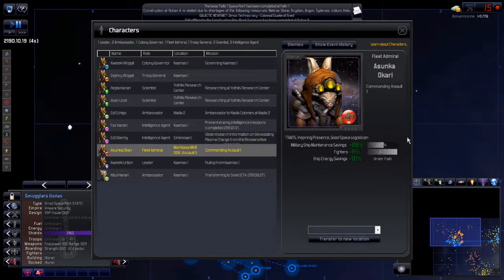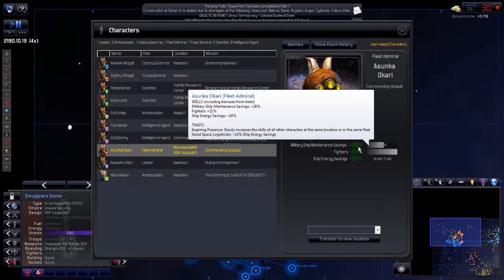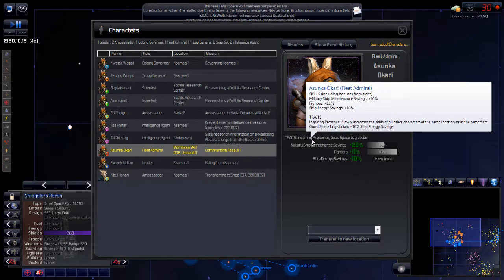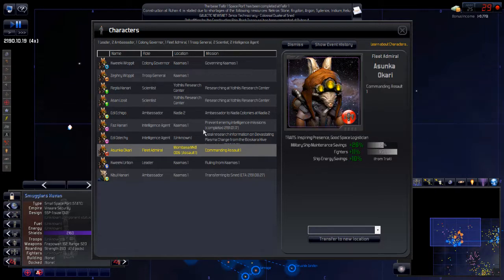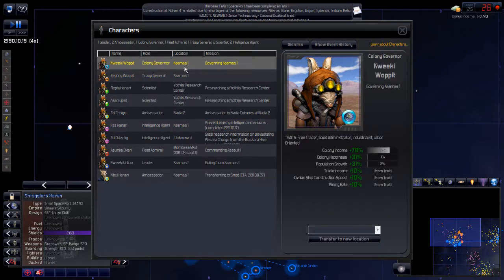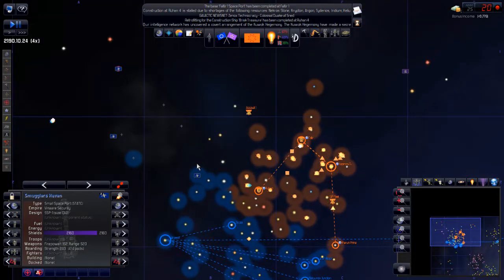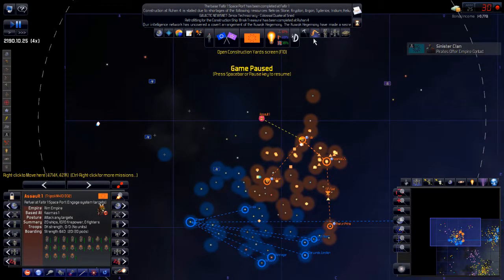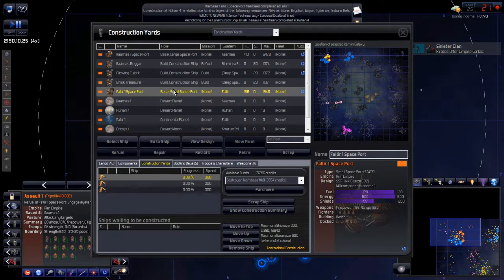So this guy has some really good maintenance savings and ship energy savings, so inspiring presence actually. So any captains in this fleet will be also very good. And of course at Kamas 1 our characters are going to gain good skills. Now the assault fleet is gonna be retreating for now. And I'm going to see what they're going to do with our...